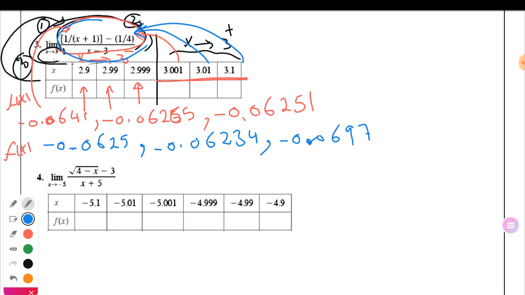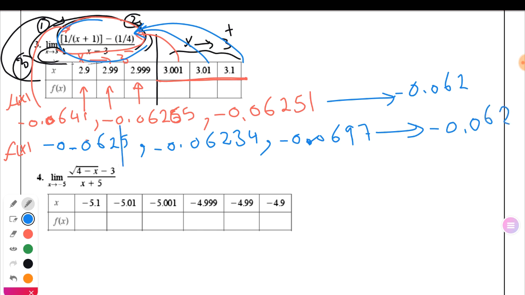The third step here, I have to round these values or find the approximation of the first values of f(x). They will be approximately all of them nearest to negative 0.06 or 2. I think there is 2 here, no, 4. All of these are approximately negative 0.06. You can write this one, it's okay. You can write 2. The other ones are also approximately negative 0.0, all of them approximately negative